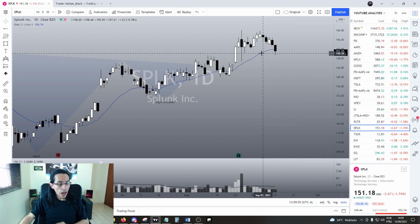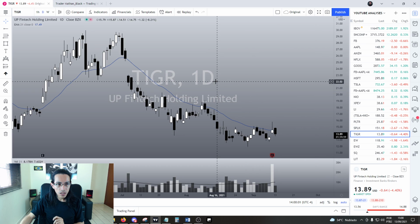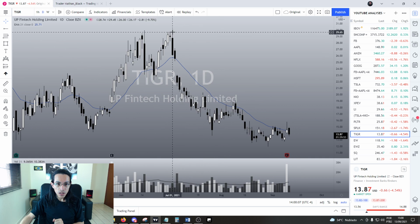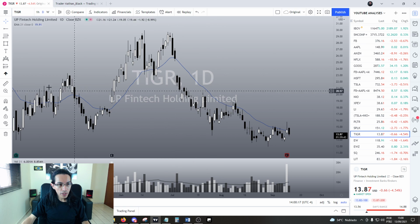So I think Splunk might be a good buy for us this week. Let's keep our eyes on Splunk. Up FinTech Holding. I received a request to analyze this one. I didn't analyze your stocks last Friday because I prefer to talk about a more delicate topic. But still, I'm gonna analyze this one for you guys today because